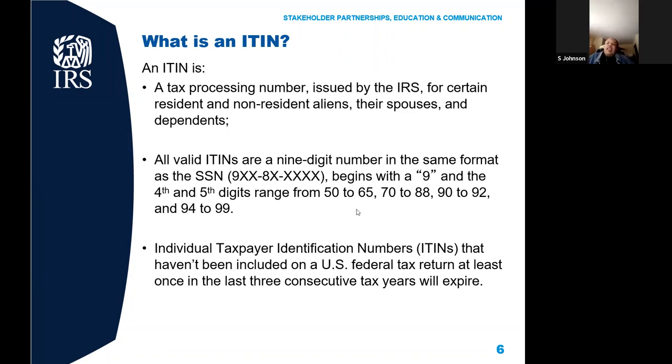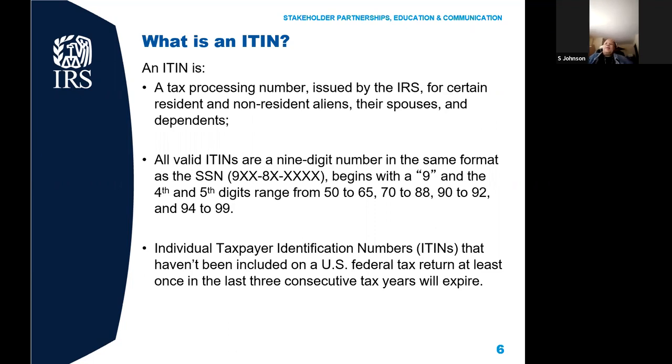Individual tax identification numbers that haven't been included on a U.S. federal tax return at least once in the last 3 consecutive years will expire. At this time, all ITINs that have been issued are considered expired if they meet that criteria. And we'll talk about what happens when it expires. The particular client can go get it renewed, and there's a process for that as well. As we continue on,